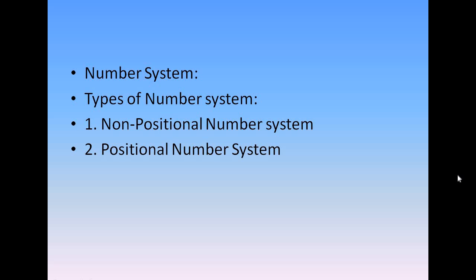Depending on the base value, there can be different types of positional number systems like unary, binary, ternary, quinary, pentanary, octal, decimal, duodecimal and hexadecimal. The total number of symbols used in a particular number system represents its base. All the number systems have the highest numerical symbol having a value 1 less than the base.